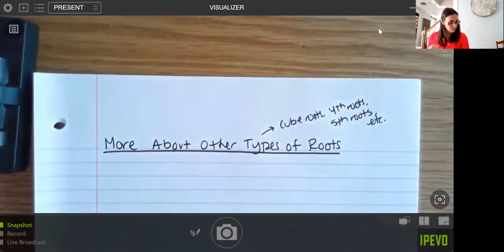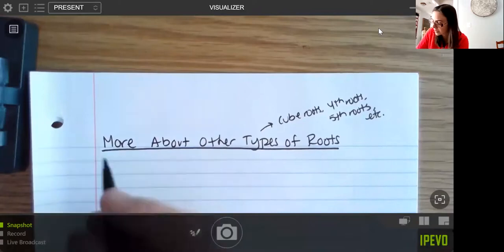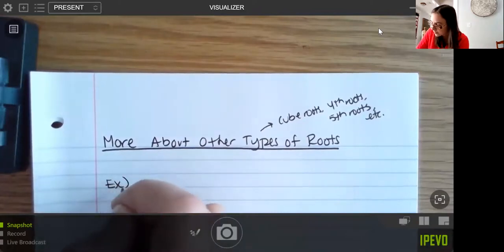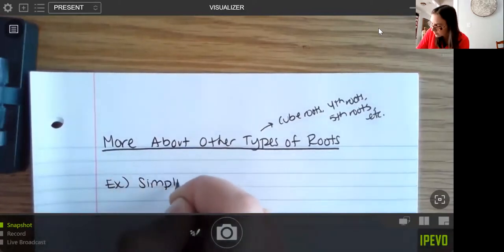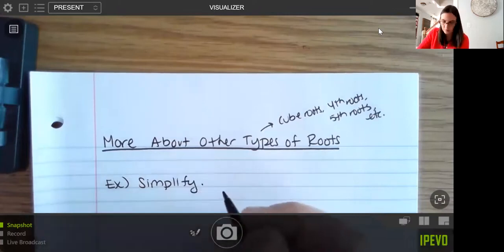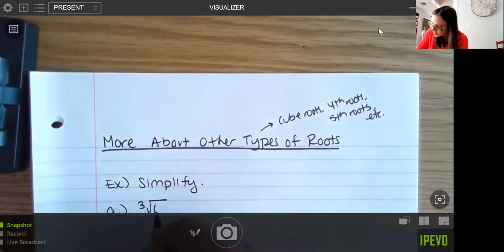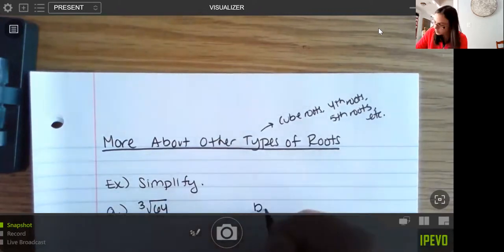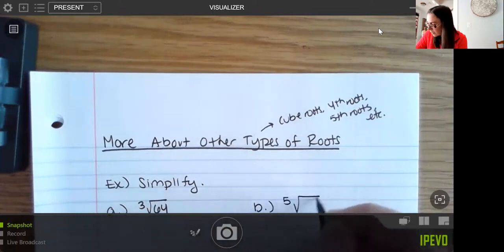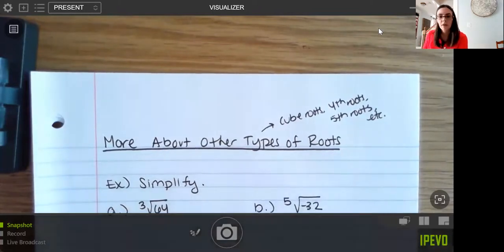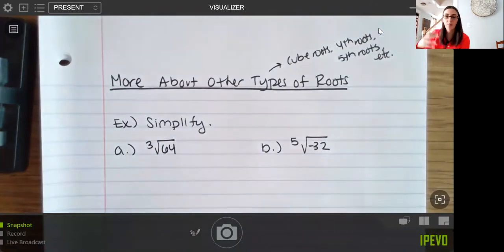All right, so let's go ahead and start with that. So let's just review a couple examples for simplifying. So maybe the cube root of 64 and the fifth root of negative 32. So remember here, instead of looking for perfect squares, we're looking for perfect cubes or perfect fourths or fifths, depending